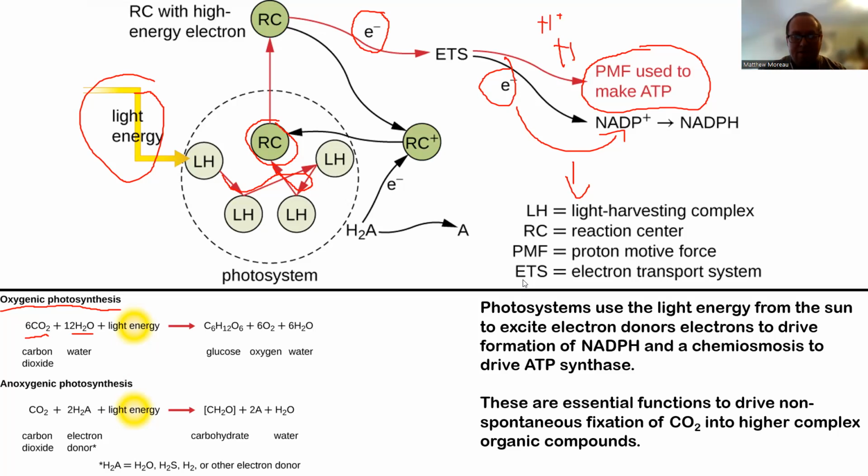So we have CO2 and water and the light energy being decoupled and generating electron carriers in the reaction centers, which allows for the fixation of carbon dioxide into glucose,